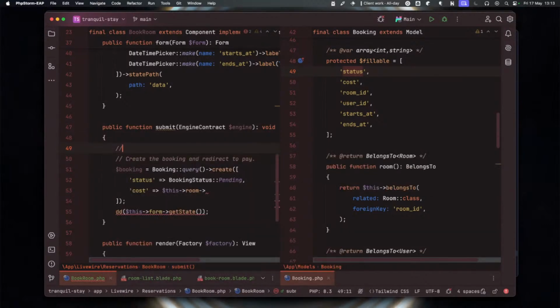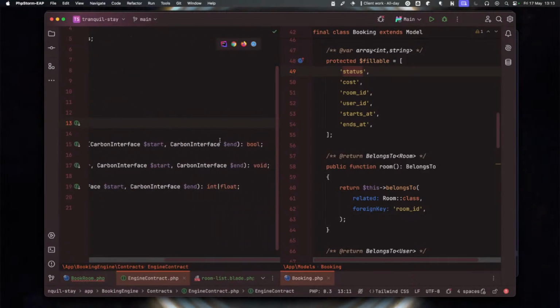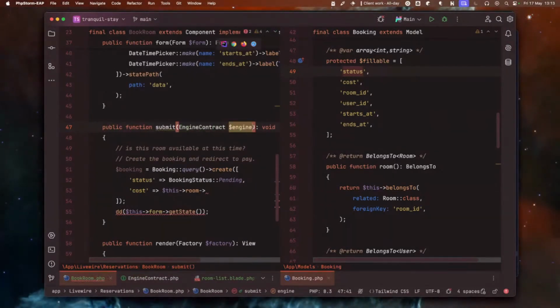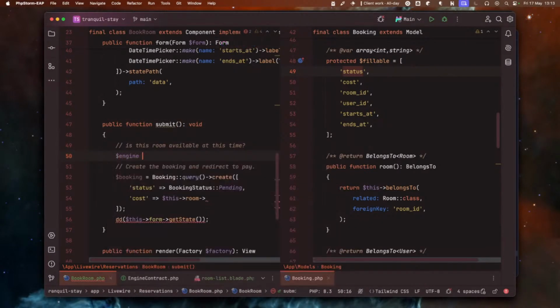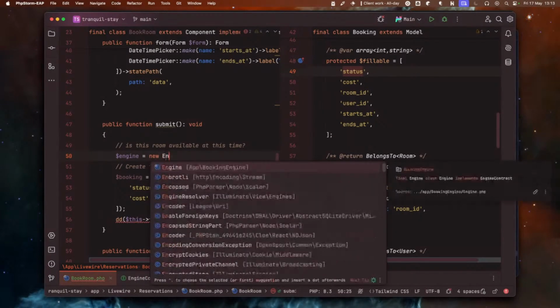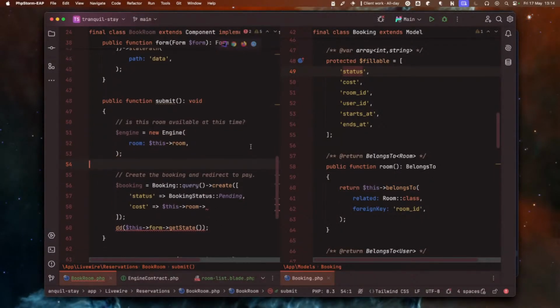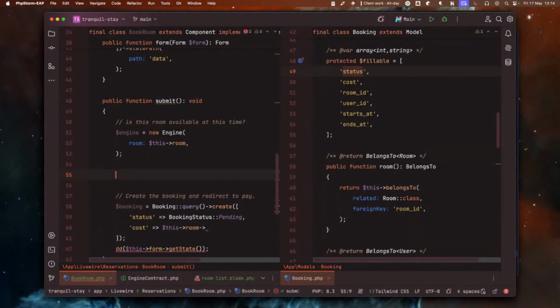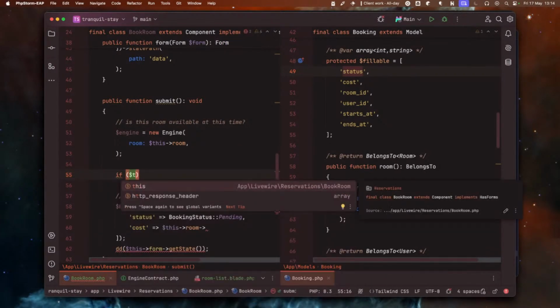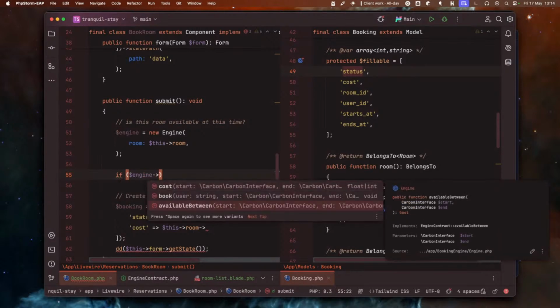So we can say, is this room available at this time? Now, we don't want to inject that, actually. We want to new it up. So we can say that our engine is a new engine. That needs to take the room. So now we've got the room for the engine. We can say if the engine available between